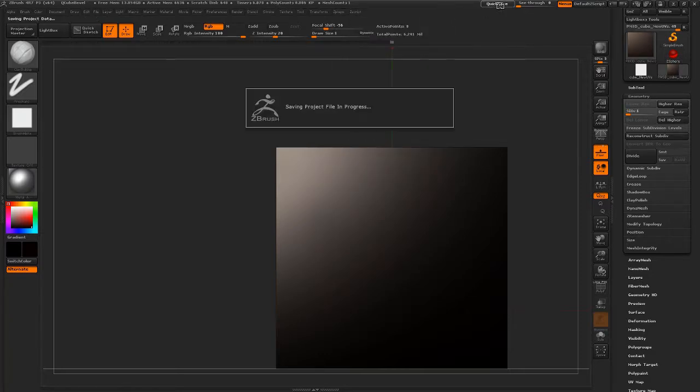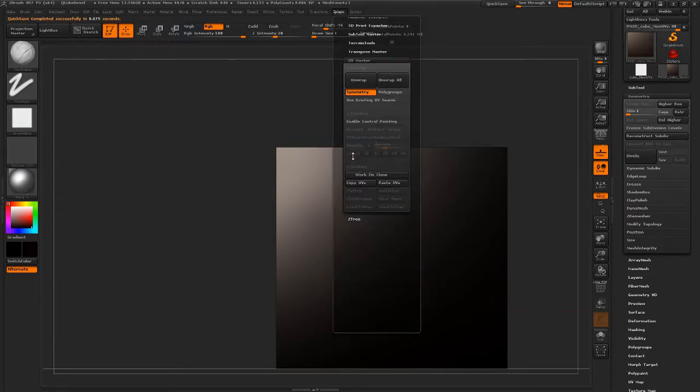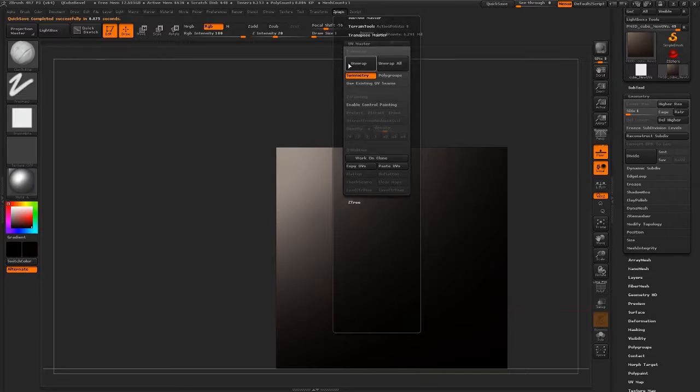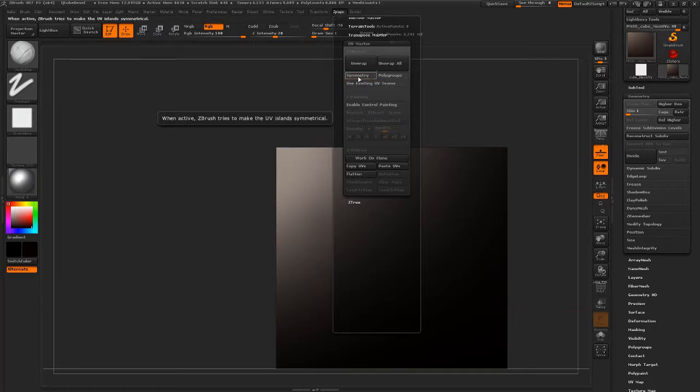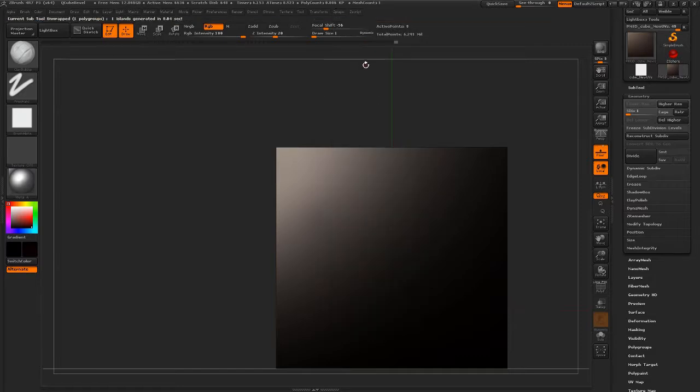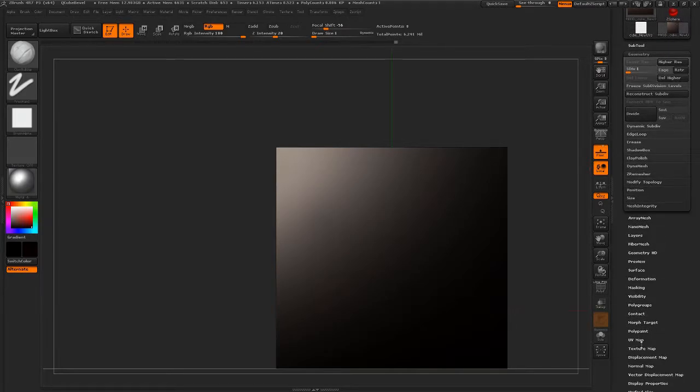Wait, just in case, I'm going to quick save, because it's always a good thing to save. Okay, Z plugin, UV master. Polygroups doesn't really matter. Symmetry, let's turn that off. Okay, now unwrap. Now everything completed very quickly because it doesn't have as much geometry to worry about when it's computing the UV map. So next I need to go down to texture map